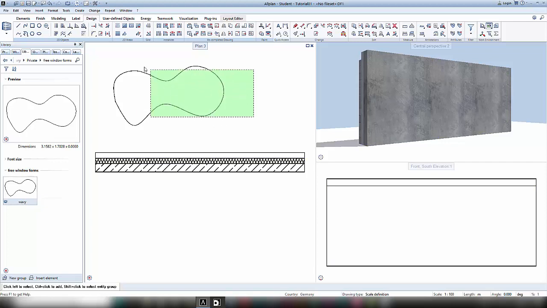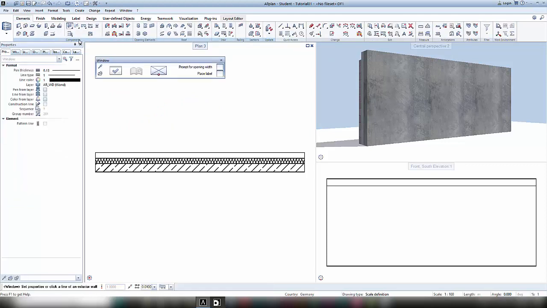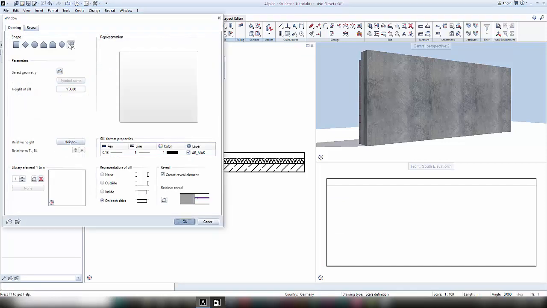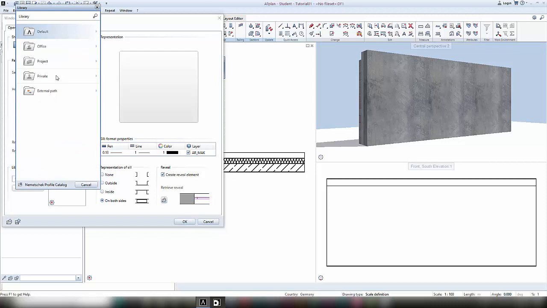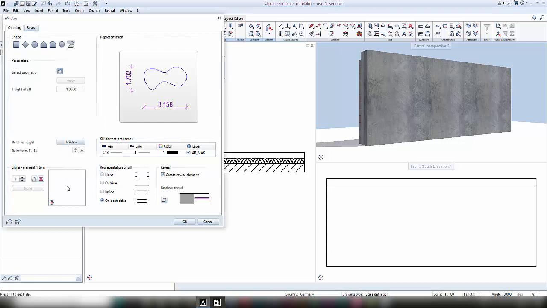So I don't need my 2D construction anymore, and I delete it. When returning to my elements and my window, I can now, in its properties, open the free form and choose a geometry out of my private library folder that I saved before. I confirm with OK, and as you can see, Allplan recognizes my symbol as an opening